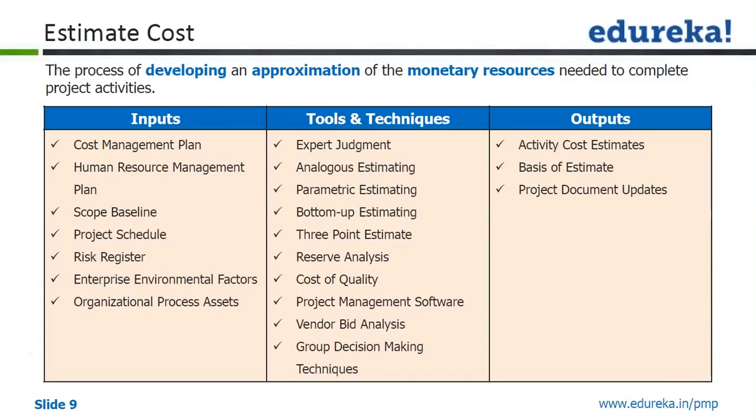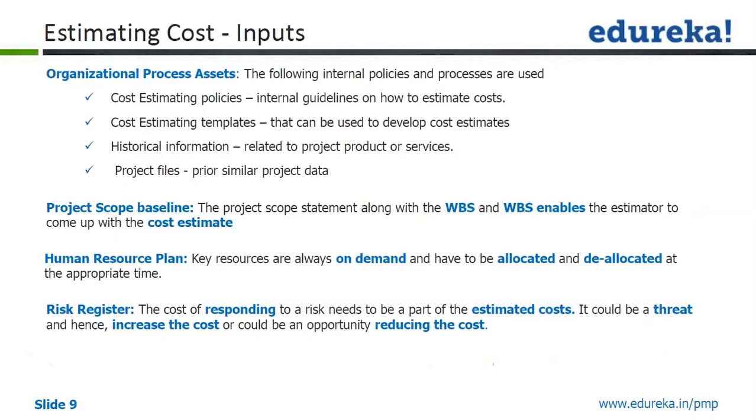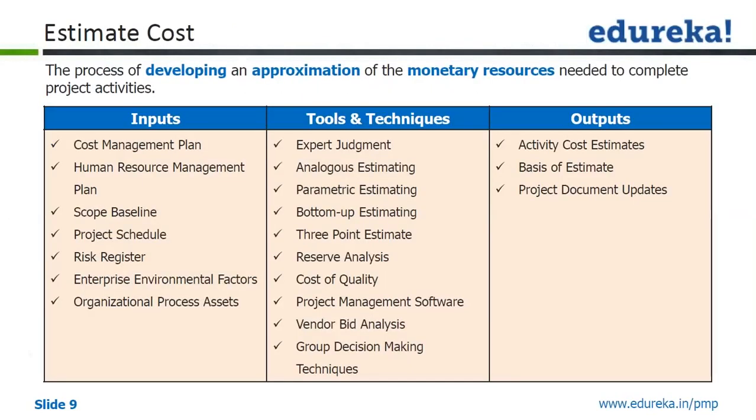Then a scope baseline consists of three things: the project scope statement, which will have direct cost and indirect cost. We'll see that again in subsequent slides. I think subsequent slides are explaining inputs also. So what I'll do is just read out that estimate cost has the cost management plan and the scope baseline. From an estimating cost perspective, of course, the scope baseline is most important. Others are also important, but the scope baseline will give you the work breakdown structure, and it will have all the activities listed in the WBS dictionary.